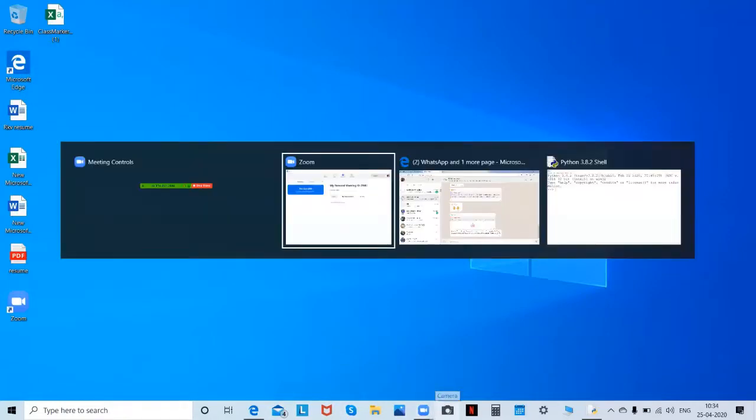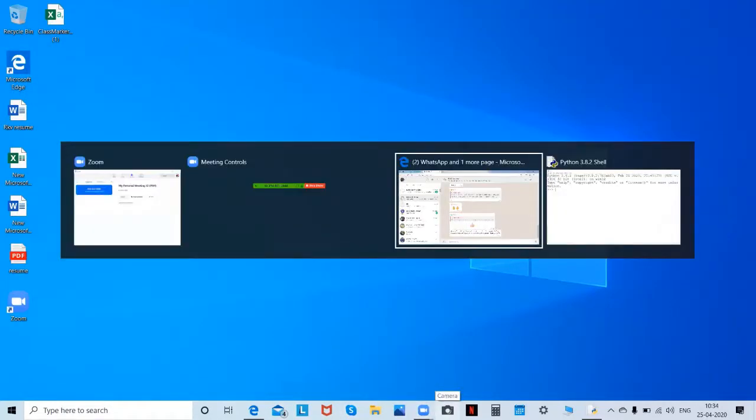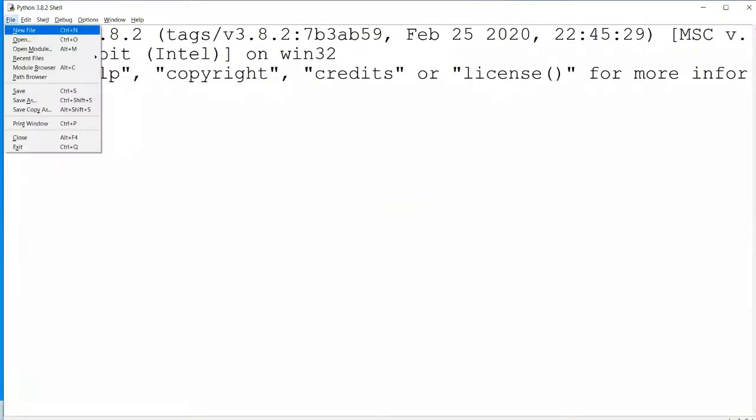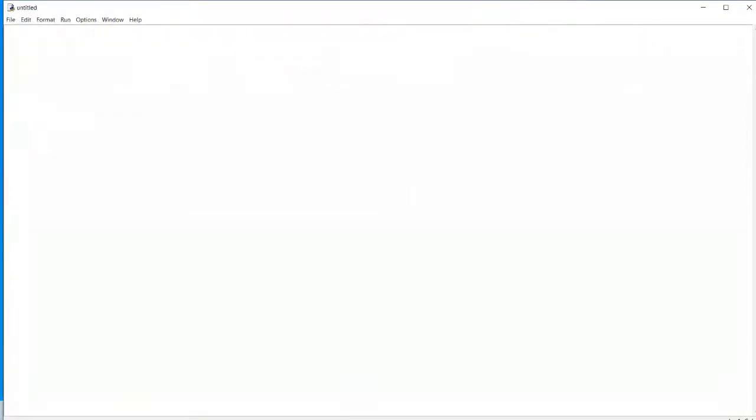Okay, let me proceed with that. So what are the program requirements or the game requirements? I'm just making an application for a two-player game with a minimal number of steps. Suppose I consider the snakes and ladder game, it involves a few snakes and a few ladders. When you go to the ladder position, you'll be climbing up. When you go to the snake position, you will be coming down. At the end, whoever reaches the last position first will be declared the winner. That is what we wanted to do with this application.